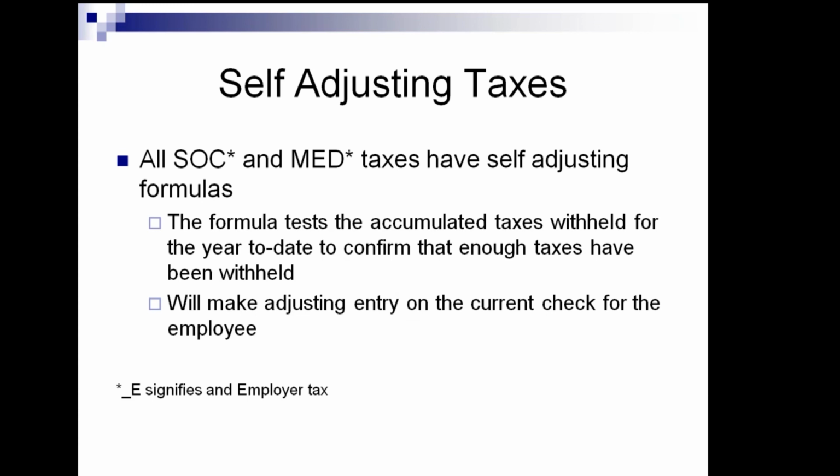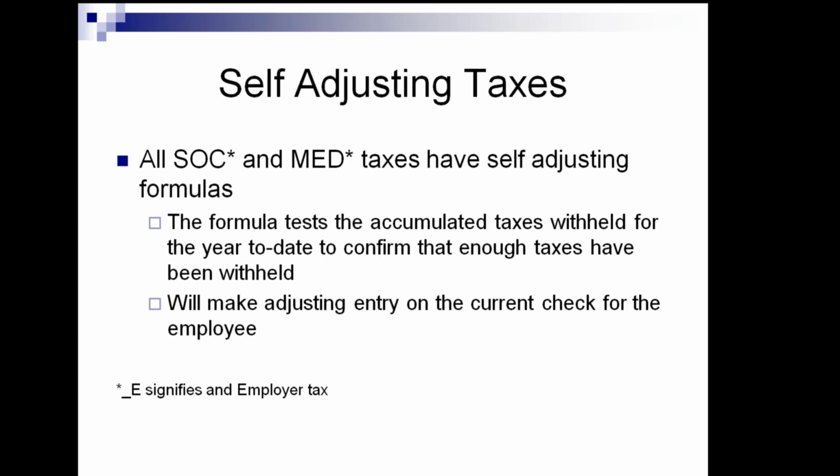Now, what you don't want to play with are your Social Security and Medicare taxes. These are called self-adjusting taxes, and they use a self-adjusting formula. So the Social Security and Medicare should be correct always, because every time you process your payroll, it recalculates that tax, and it's basing it on the tax that's already been